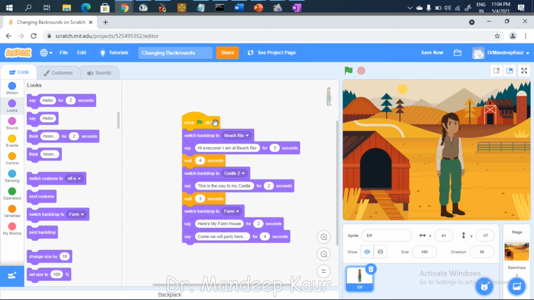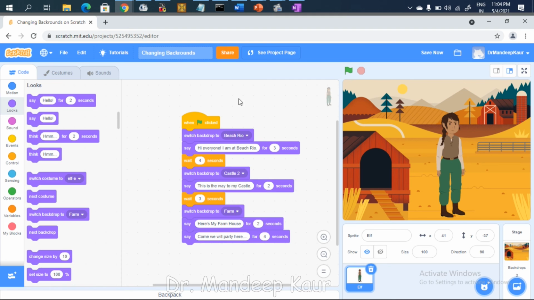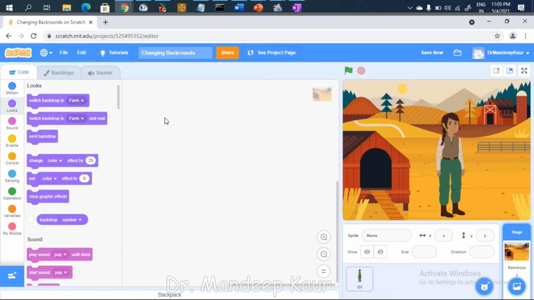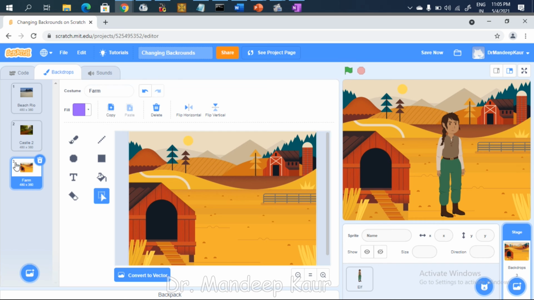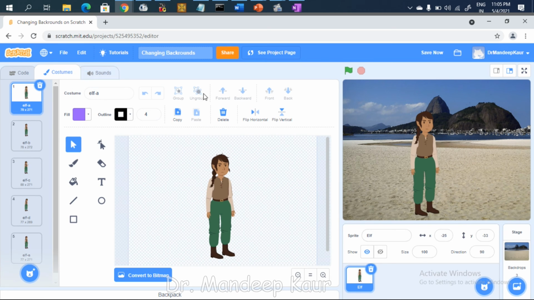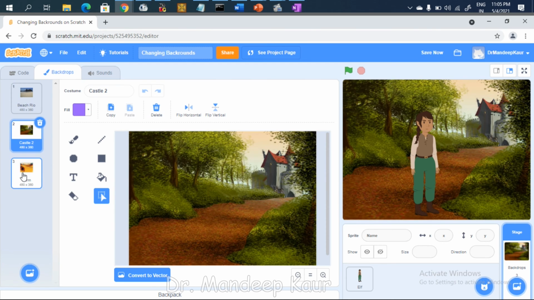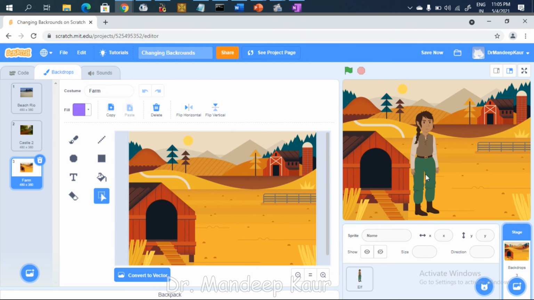If I go to the backdrops here, I'll select the backdrops. In the beach row, I just want to position it here. That is fine. Then again, if I select the backdrops in the castle, it's fine, and in the farm, it's fine. So everything is fine if I talk about the backdrops.